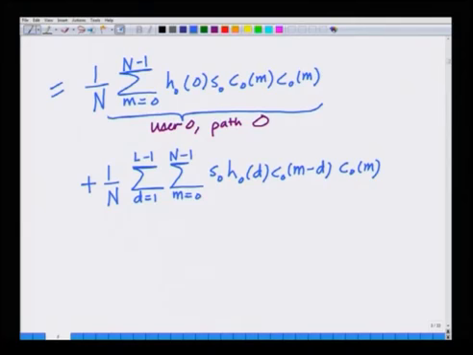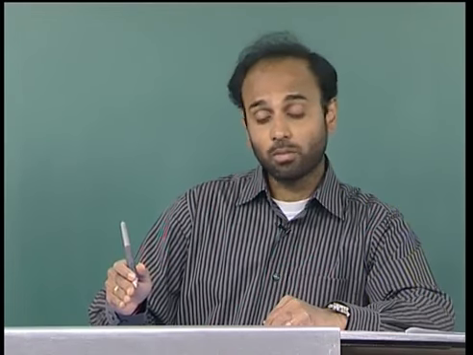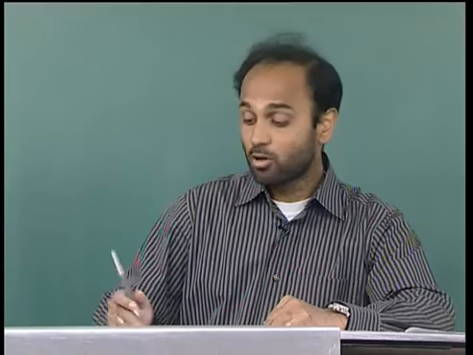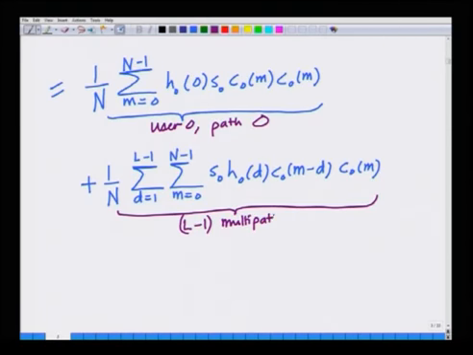Remember, this summation goes from d equals 1 to L minus 1, that is, it is going from the first path to the L minus 1th path, that is all paths other than the 0th path, but for user 0. Hence, these are L minus 1 multipath components of user 0,